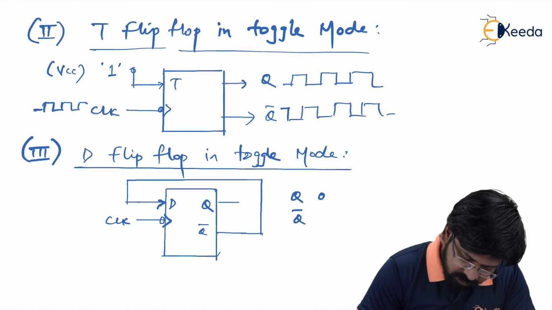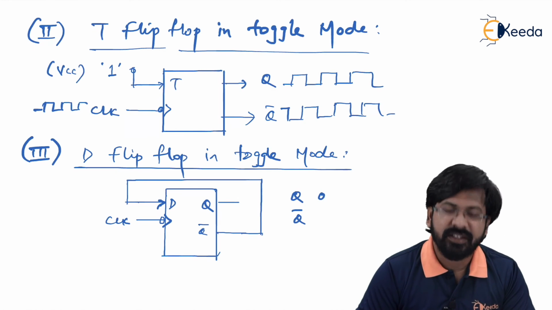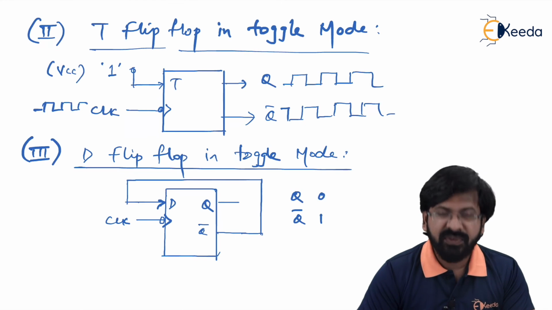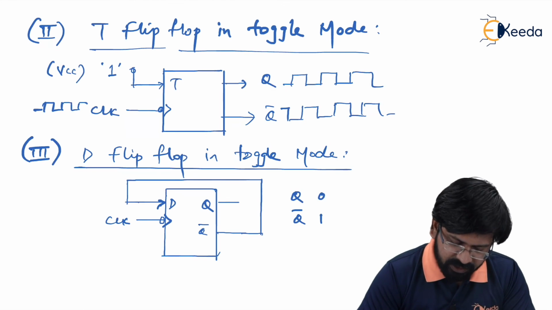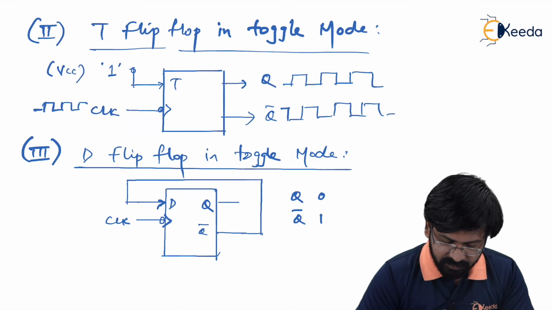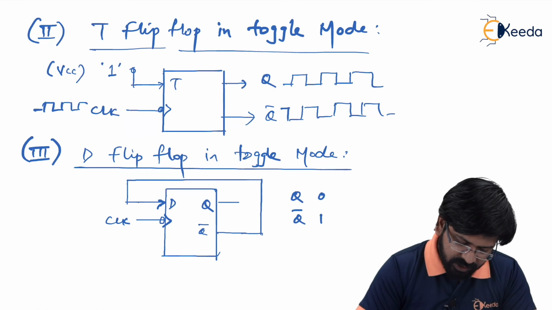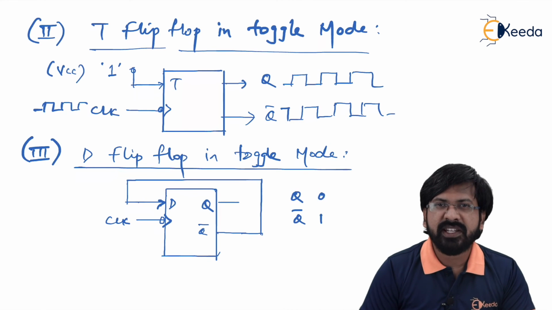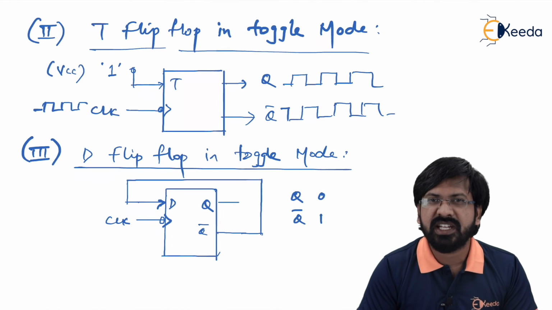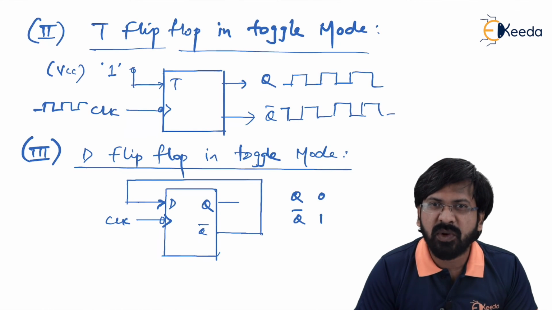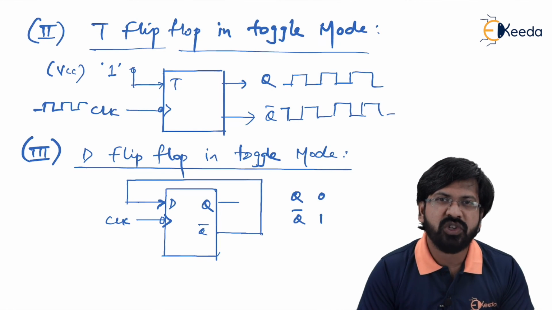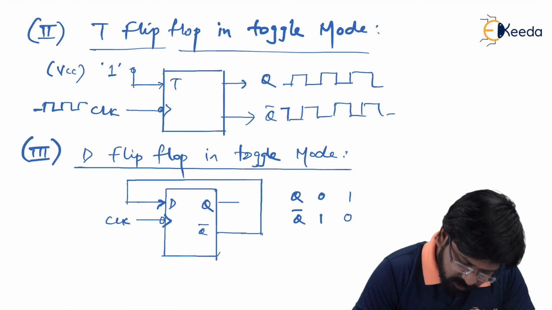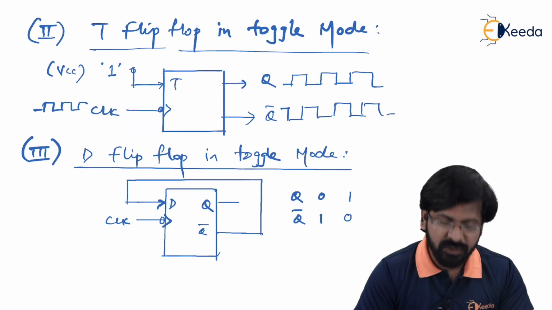If Q was 0, what must Q bar be then? Of course, it is the complement of Q, that is 1. So the initial status on this D flip-flop, which is operating in toggle mode, is 0, 1, that is Q and Q bar respectively. As you can see, the feedback is given from Q bar. So can I say, since Q bar is equal to 1, the latest status of D is equal to 1. Now if D is equal to 1, on the next negative edge this is copied on Q. Because of which, now Q becomes 1 and Q bar becomes 0. I'm sure you have understood this.